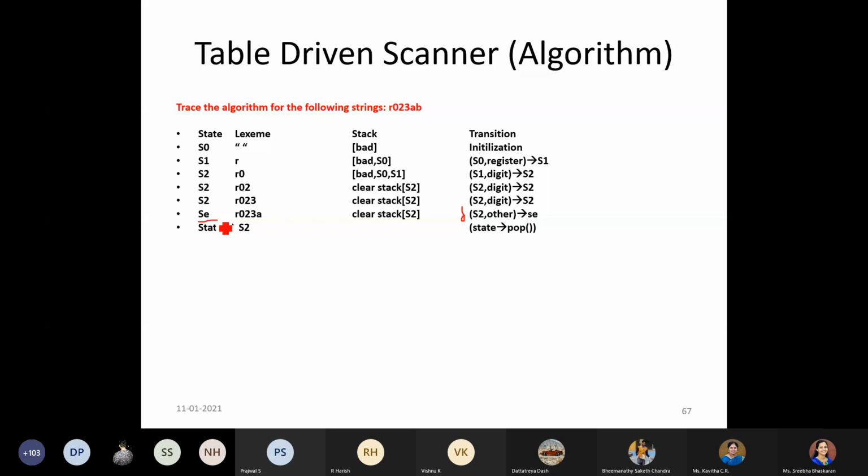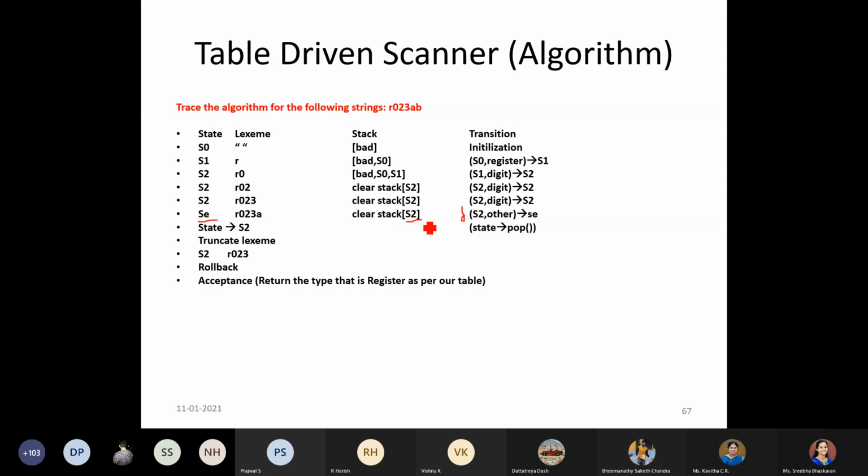So you are popping the content and assigning it to the variable called state. So state would be getting the information as S2, right? Because the content you have in your stack is S2. That is the only content you have in the stack. Once you get this, what is the next thing you are doing? You're truncating the lexeme. So you're removing the last character of your lexeme, so A has been removed. This is what we call rollback.